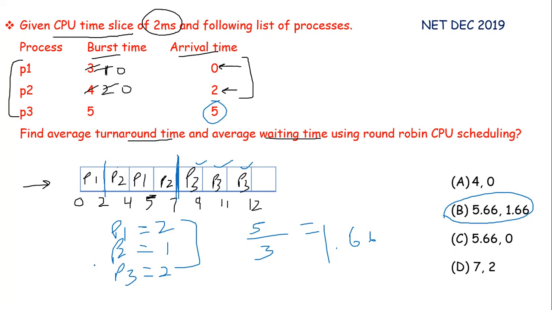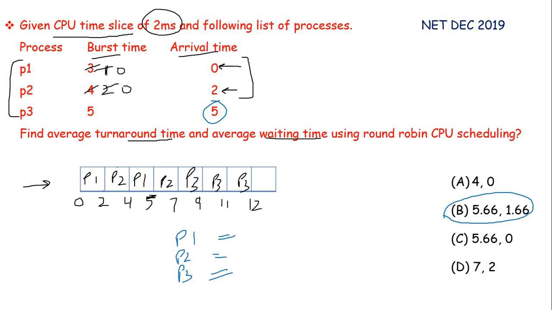We do not need to calculate turnaround time, but for the sake of knowledge, let us see what will be the turnaround time also. Now turnaround time for P1 will be, first point where P1 is in the Gantt chart, it is at location 1 and 3. Now it terminates at 5 unit. So total turnaround time is 5 for P1 minus arrival time, that is 0. So total will be 5.